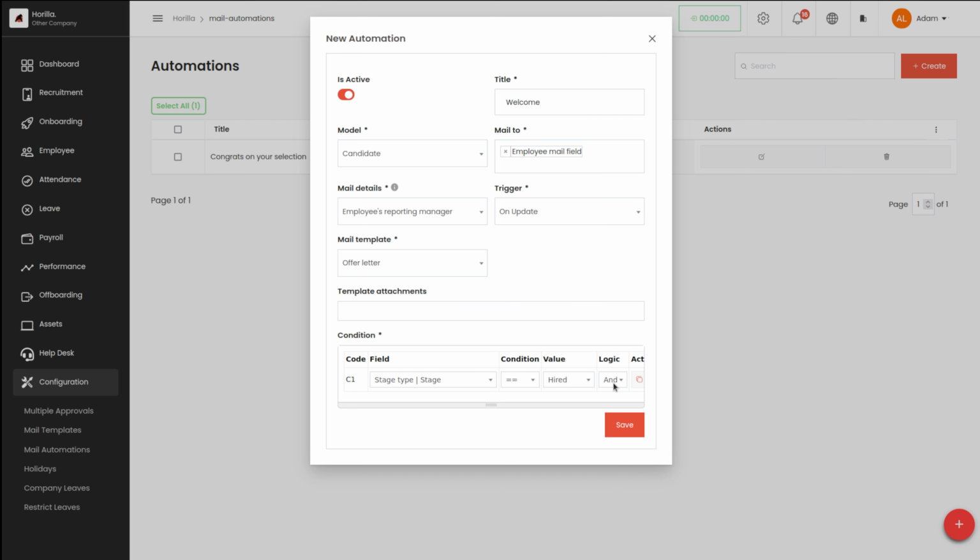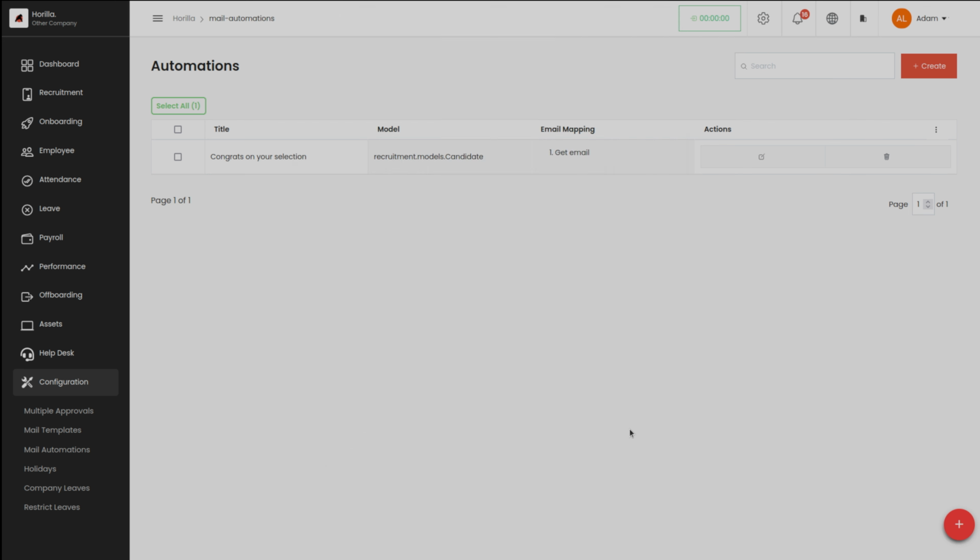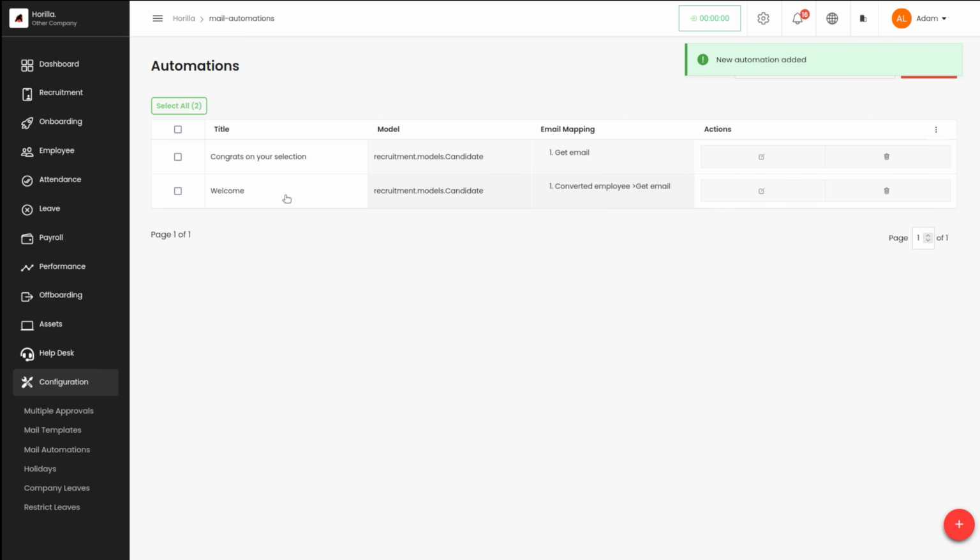And after setting one, what you have to do, you have to make sure you save it. Okay, and once you save it, your automation is here. And what happens is that whenever the condition which you have given is met, a mail will be generated automatically. Okay, so this is how a mail automation is